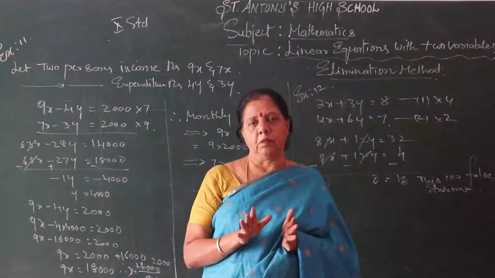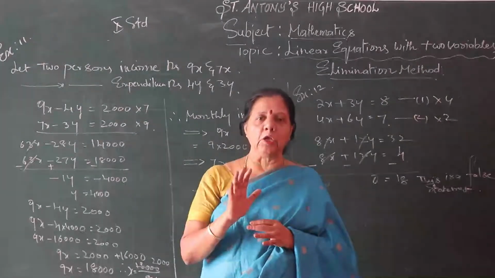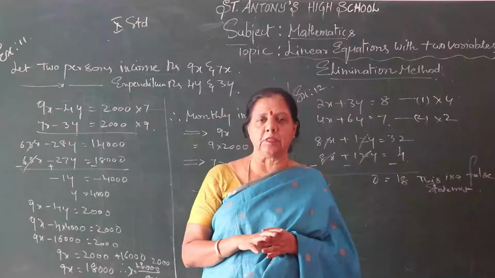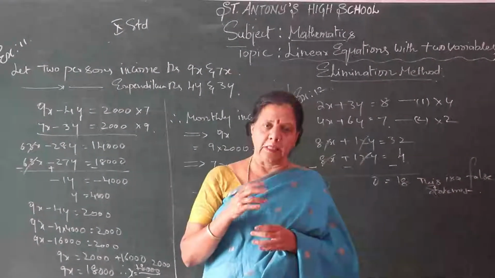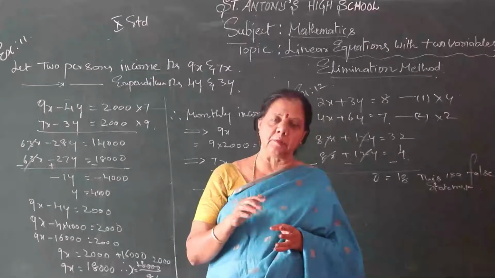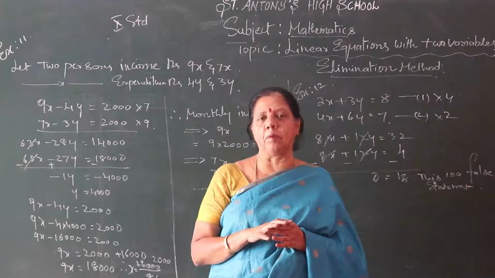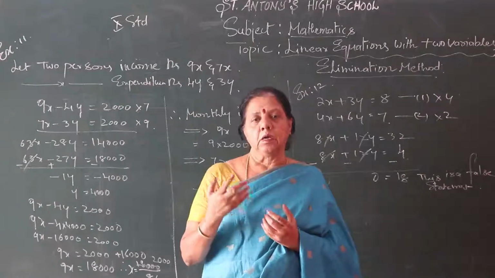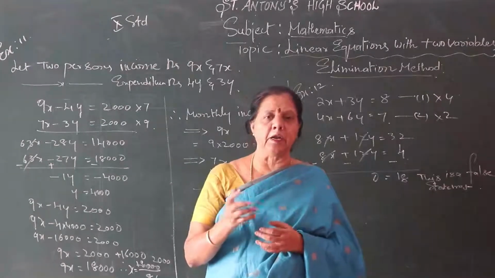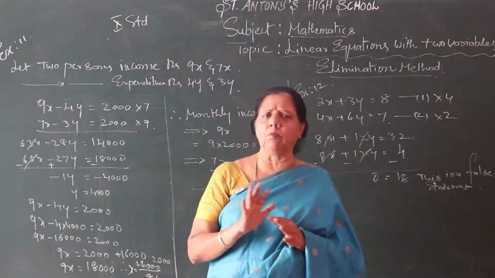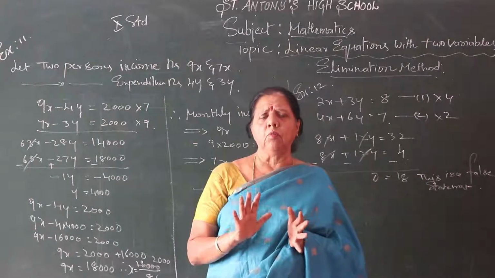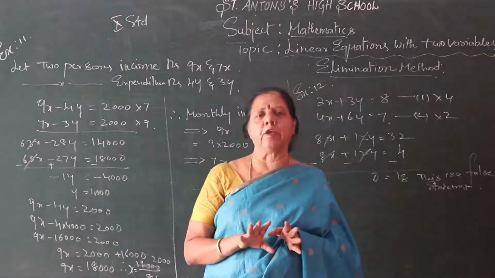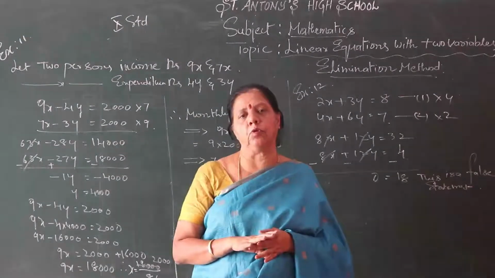So any method you go with, the x and y values are the same. I am not confusing you using the substitution method and cross multiplication method, because in other schools they are following substitution and cross multiplication to solve the problem. I am not touching those, because the syllabus is eliminated. So we are not using those words. Only the reducible method, the elimination method and the graphical method. Only 3 methods I am using.